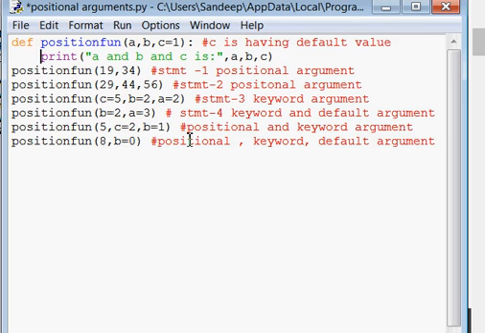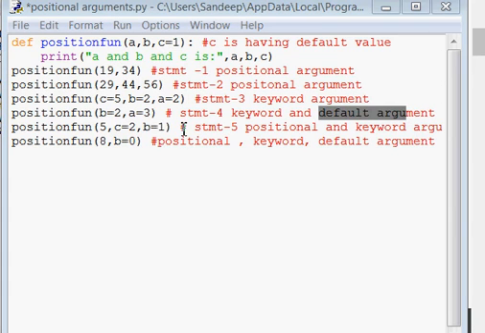So coming back to statement 5, now your statement 5 will execute, this one. Before explanation of statement 5, I will clarify that here keyword arguments are used because you are using the name of the arguments during function calling statements. That's why it is called keyword argument. And even the default value is used here for C. That's why it is using default argument also. Okay, so coming back to statement 5.